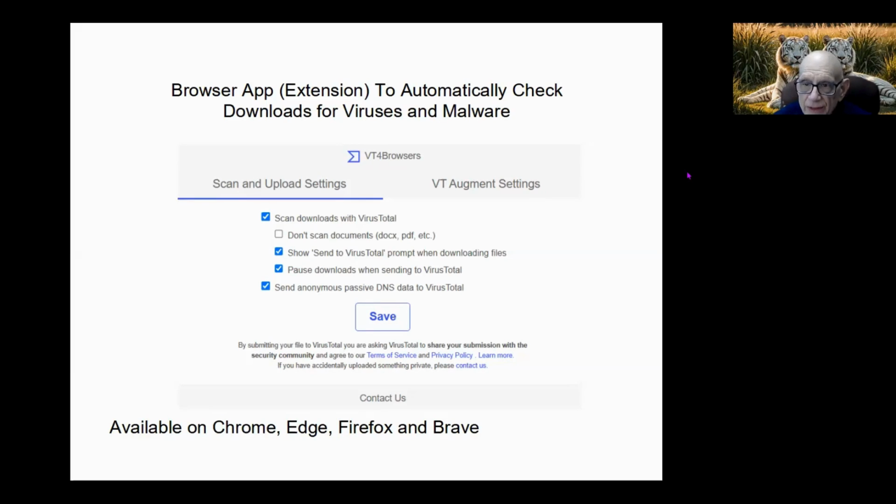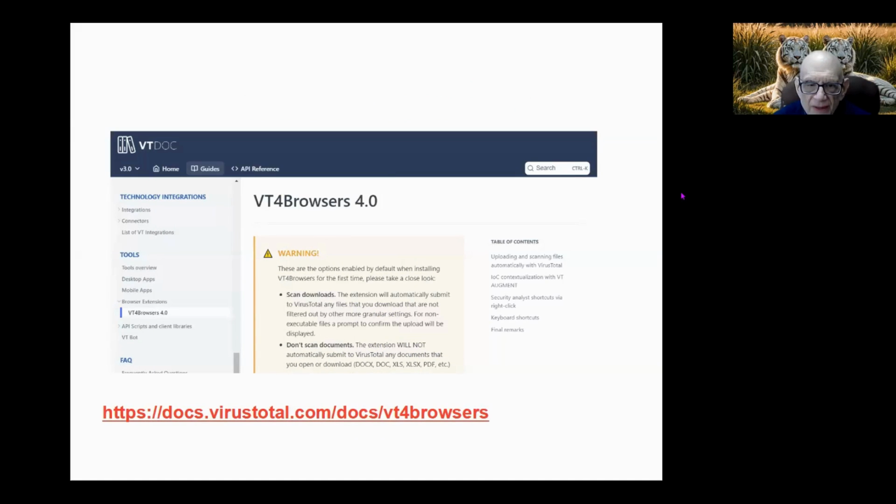So this is a great tool. I highly recommend this. Here's the website to explain a little bit more to you, but it is in the app stores like the Chrome extensions, any of the Chromium-based browsers out there.